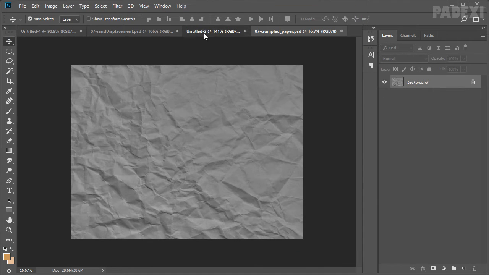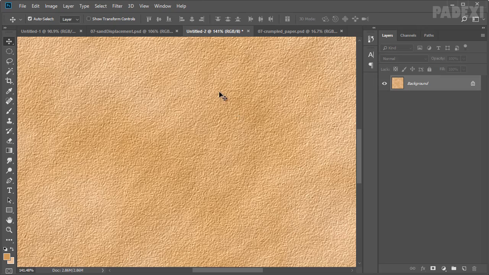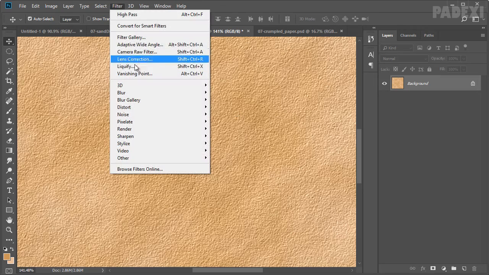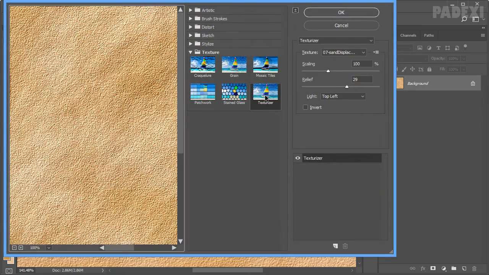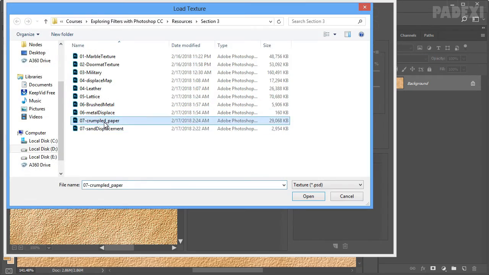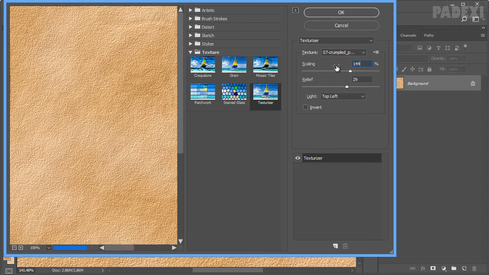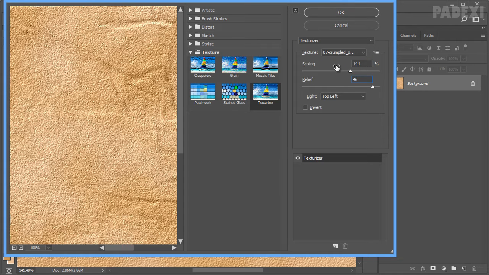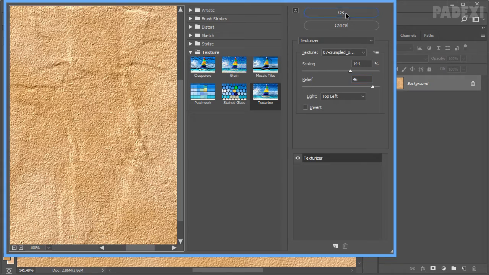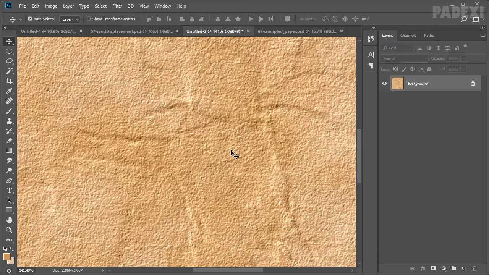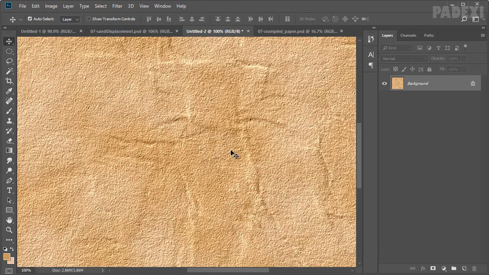Now switch back to the document and apply texturizer filter once more, and this time choose crumpled paper. Okay, for scaling use 144, relief 46, and leave light at top left. So now we have some variation to our sand texture.